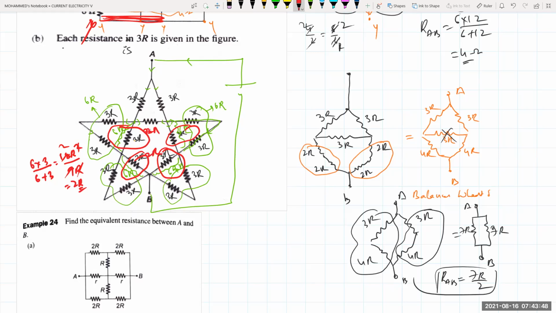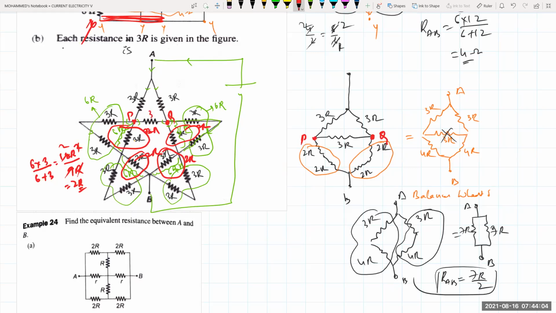This one is also 2R. This one is 2R, and this one is also 2R. This is 2R. This is 2R. I have drawn it here right now. See, this point is here. This point is here. I'm giving the naming for these as P and Q. So this will be P and this will be Q.